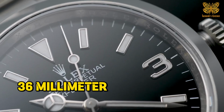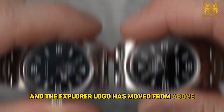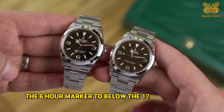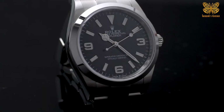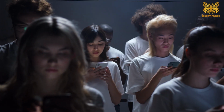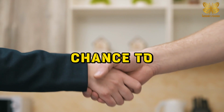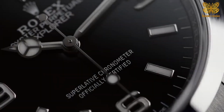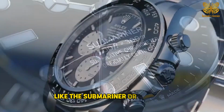The case size is back to 36mm, and the Explorer logo has moved from above the 6-hour marker to below the 12-hour marker. This watch uses the latest Rolex technology, including the next-generation perpetual movement and oyster steel. It's currently one of the most wanted Rolex models in the used market, so take the chance to make it yours today. While these models might not be as popular as some other Rolex models like the Submariner or Daytona,